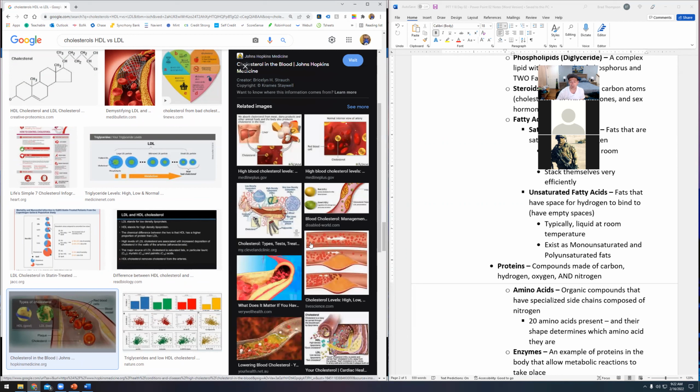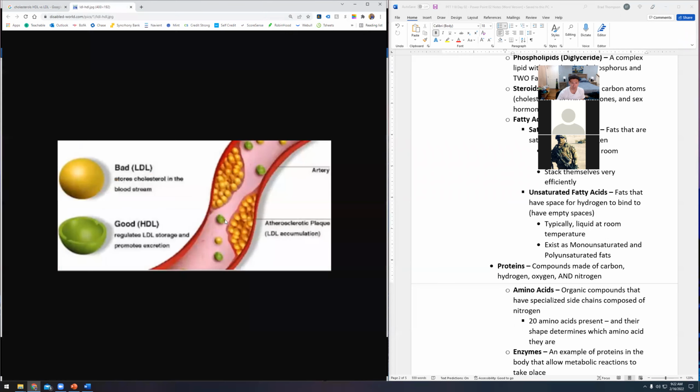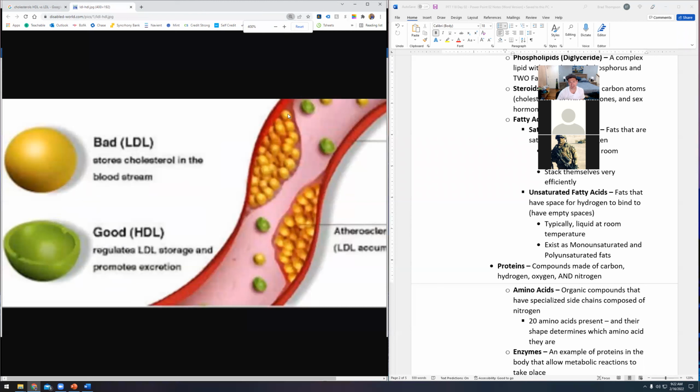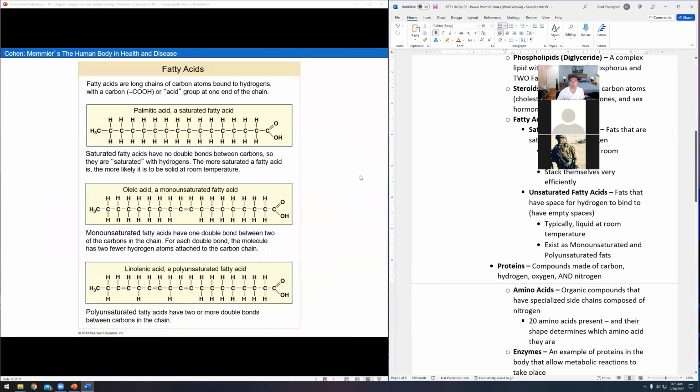But the LDL, which generally we get way more of, is going in there and sometimes it starts to build up, right? It starts to actually build up kind of like this. And then this one attaches to that one and that one attaches to that one, because fats really are very attracted to one another. And so then this starts to narrow the vessel. And that's where we start to end up with high blood pressure problems and all kinds of issues associated with our cholesterol.